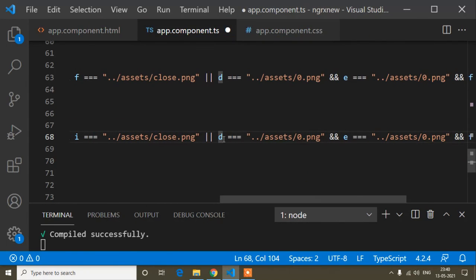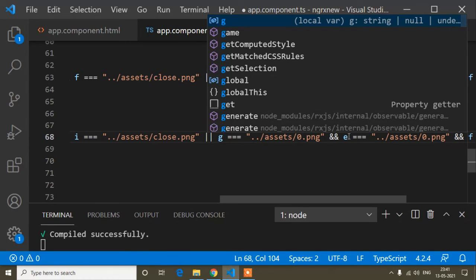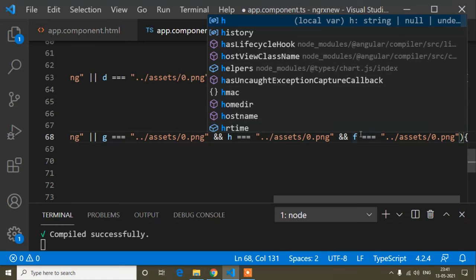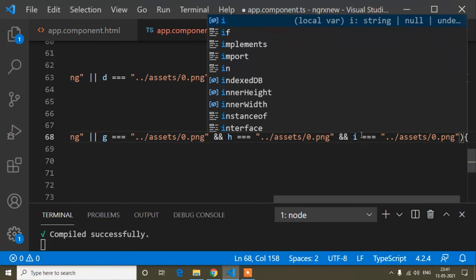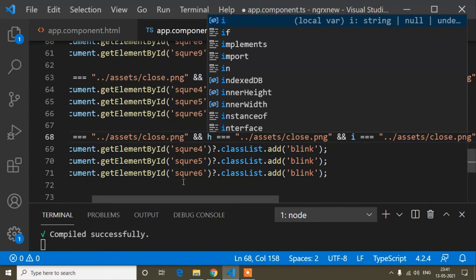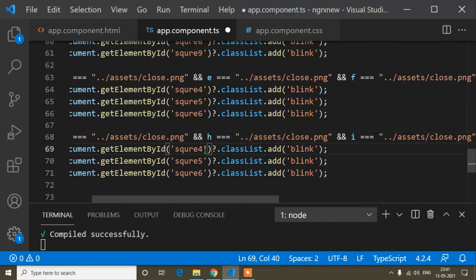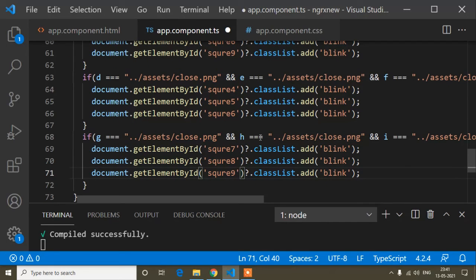Here I will change it into G H and I. So GHI means the square ID is 789. So 789. So this one is done.